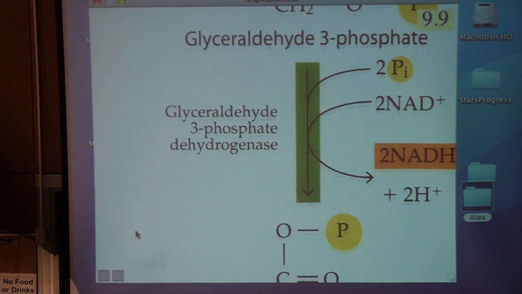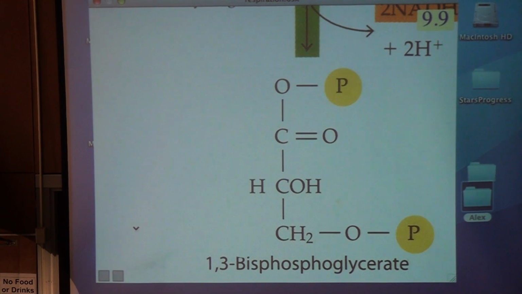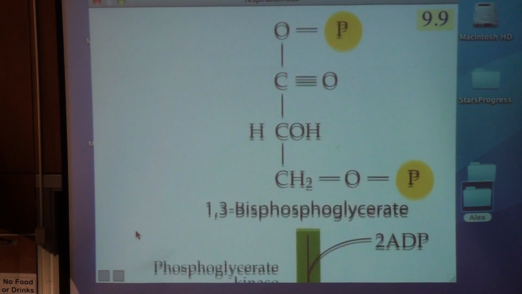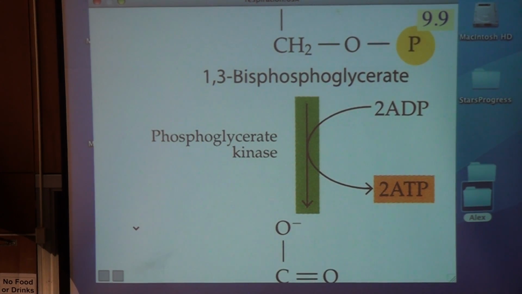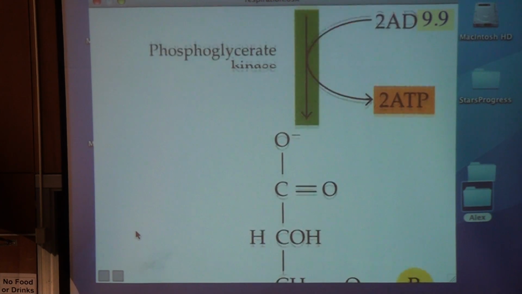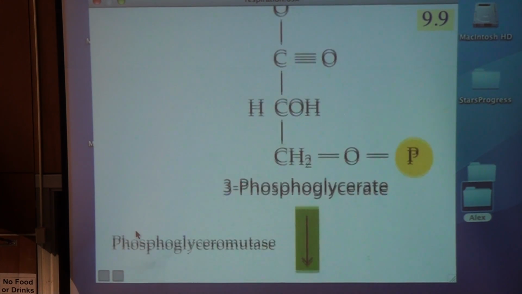And let's see. There we go. You get 1,3. When they say bis, that's kind of an old term for di, and so I would say 1,3-diphosphoglycerate is the product there. Then another enzyme comes along called phosphoglycerate kinase, and you get 3-phosphoglycerate. And then one more enzyme comes along,